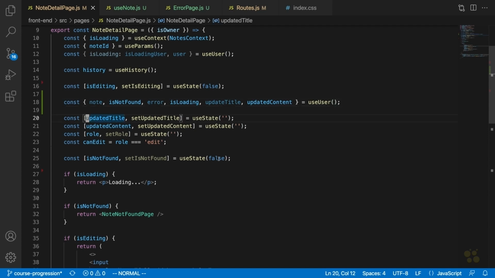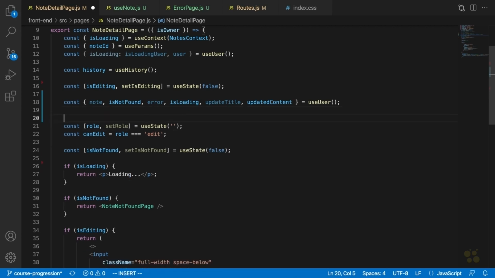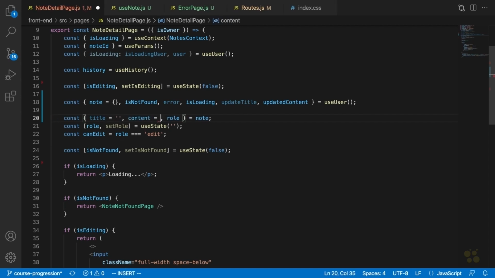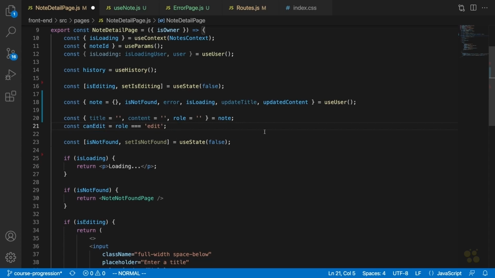And what we're going to need to do next is, instead of having updated title and updated content, we're going to remove those, and we're going to just say const title, content, and role. That's going to be equal to note. All right, now since note may or may not actually exist at this point, we're just going to provide a backup value by doing something like this. We're going to say note equals empty object, and we'll give backup values for title, content, and role as well. There we go. And now we can remove this role state variable since we don't need it,